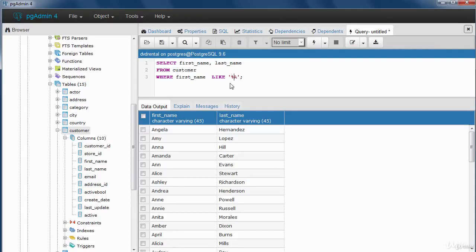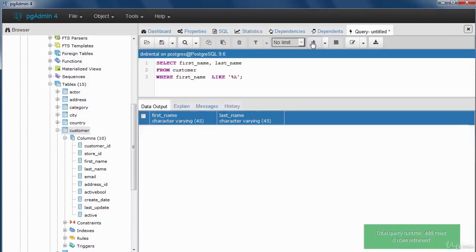If I move the percentage from the end here to the front, what this is saying is search the pattern for anyone